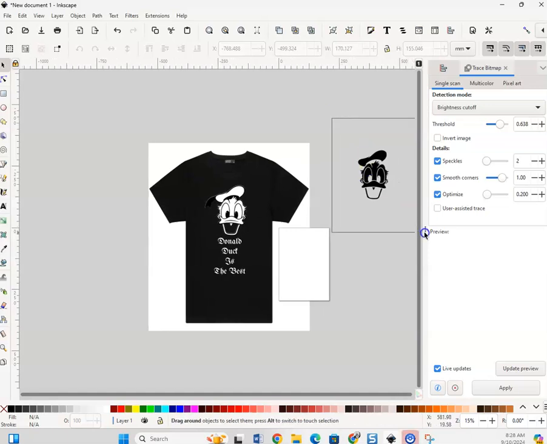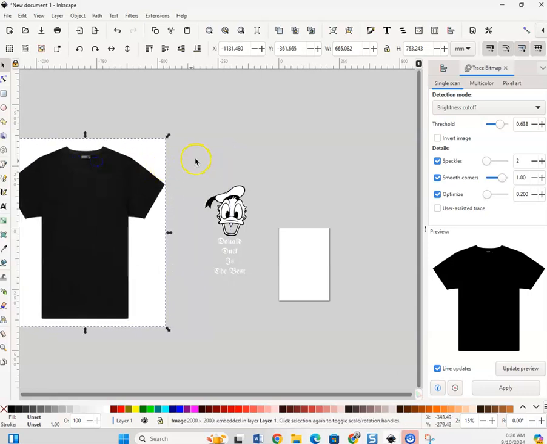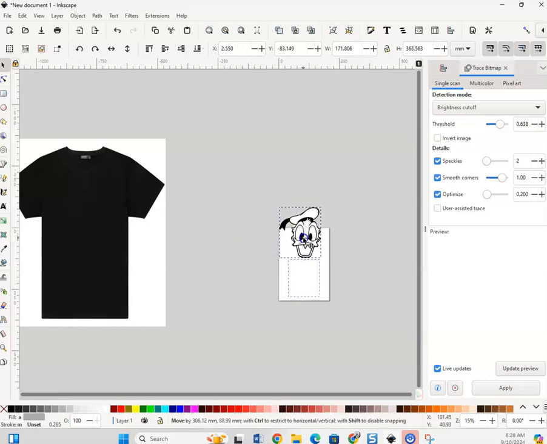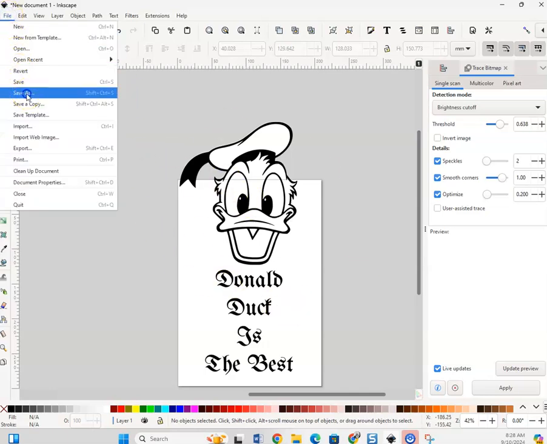So I guess the final thing would be when you are saving this. We don't need the t-shirt, so what you do is you just take this, make sure everything's touching the page. I'm going to turn this back to black so we can see it. It won't matter what color it is because we're cutting it out of a sticker material, and the sticker material is the color anyways. So I would just put it right here, and then you're going to go to File, Save As,